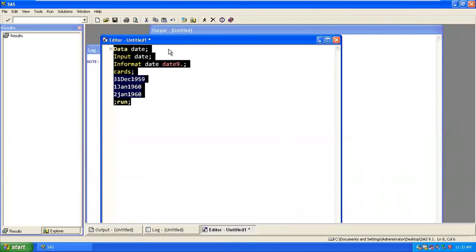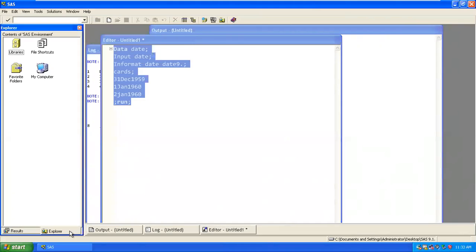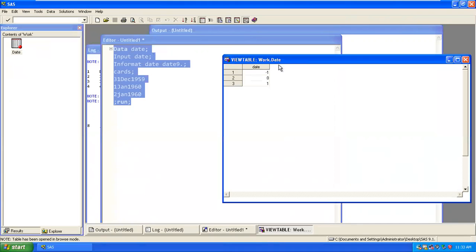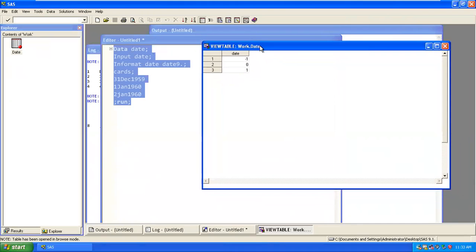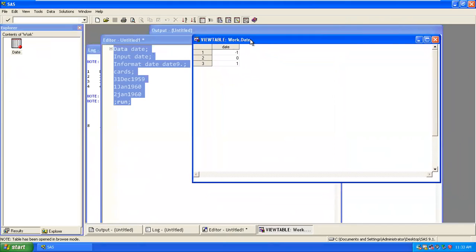If I try executing it, we'll get this output, showing how the date is converted based on 1960. So now if you look, this is giving me this result. With the help of this result, we'll get to know how many days pass when the date increases, and how many days decrease when the date decreases.